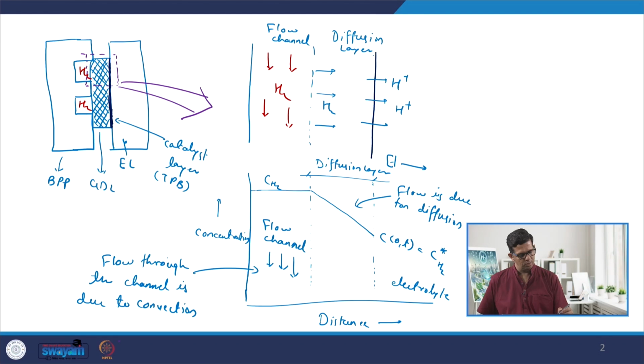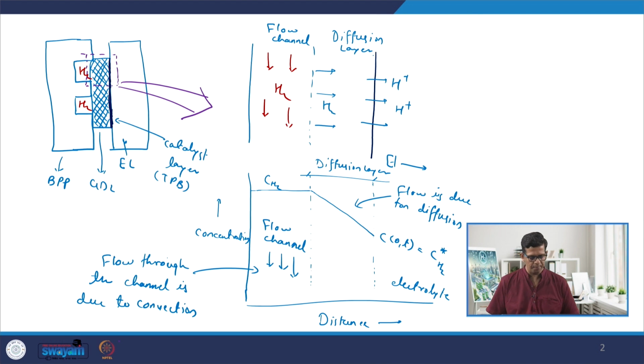So last class we were looking at the mass transport losses and their significance. We started with understanding how hydrogen, or the species, flows through channels as well as the diffusion layer, and we saw that through these channels the flow is through convection, while through this diffusion layer the flow is through diffusion, because the hydrogen diffuses through this gas diffusion layer and then